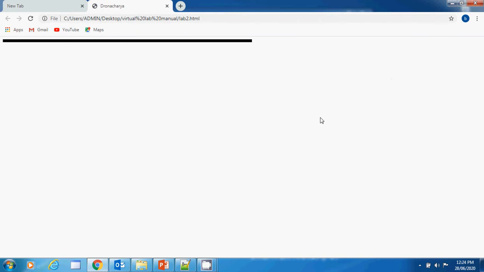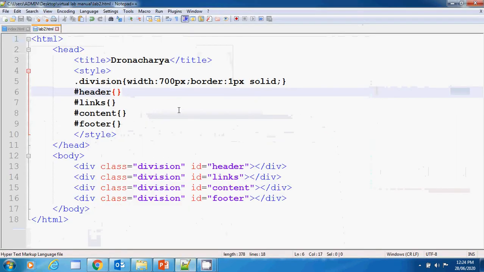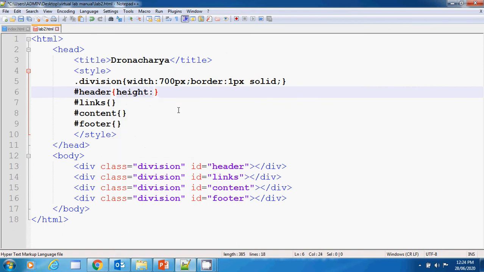So how you will lay out the things, I'm going to tell you. In our header section, suppose I need a height of 50 px, and for our link section a height of 50 px.